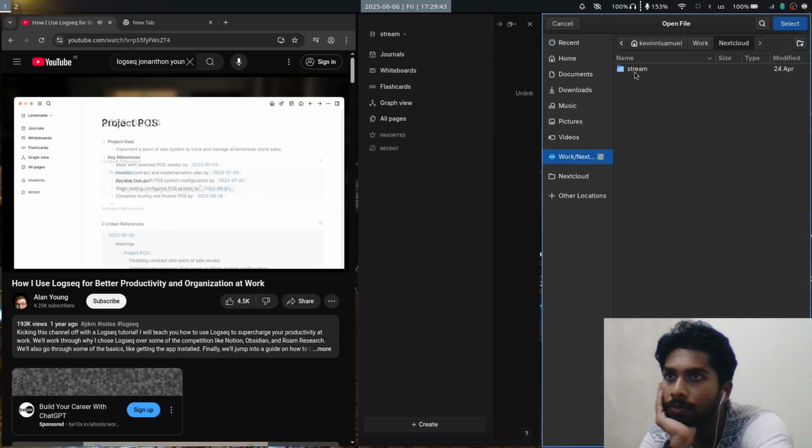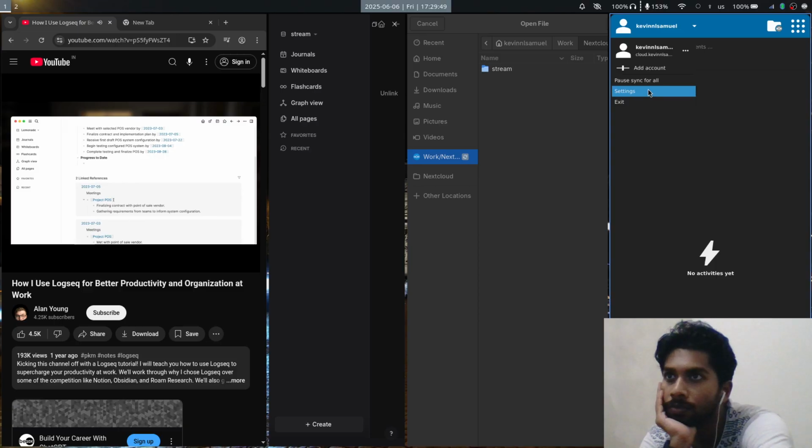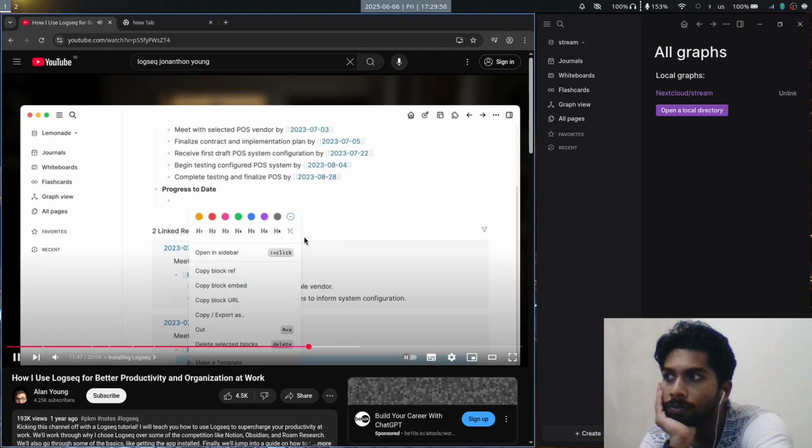Then we get to the progress to date and the next steps, and as you can see below, I've already typed that information once into my daily journals. And a good practice when dealing with data is to only put the same piece of data in one place. If you recall, this was a problem that we had with OneNote. In OneNote, we would have had to copy and paste this information onto multiple pages. Instead, with logseq, I can